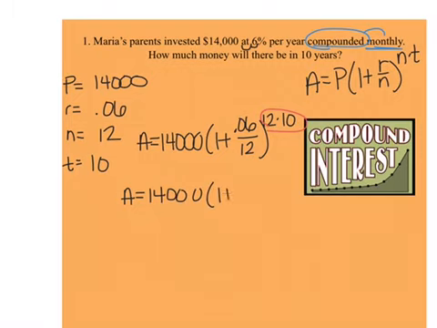So I'm going to rewrite everything, except my exponent is now going to become 120. Now from here, you can plug this all straight into your calculator just like you see it. 14,000 parenthesis 1 plus 0.06 divided by 12 parenthesis. Don't forget you need your caret key right there to make that an exponent, and then type in 120. And when I get that, I get A equals